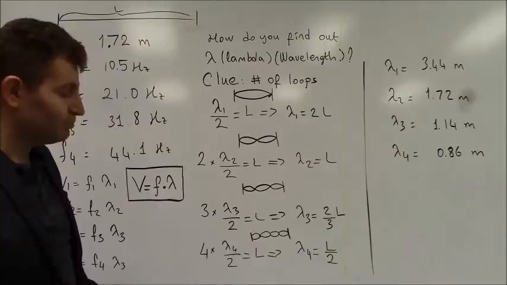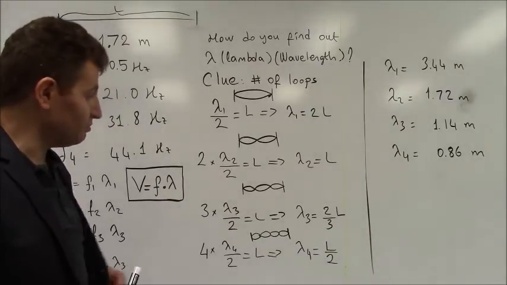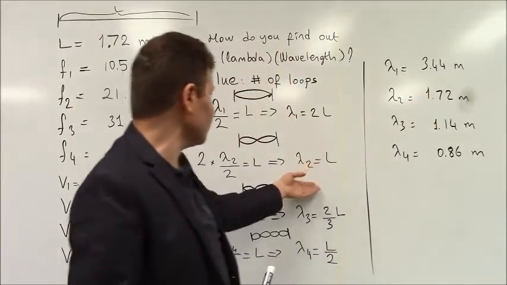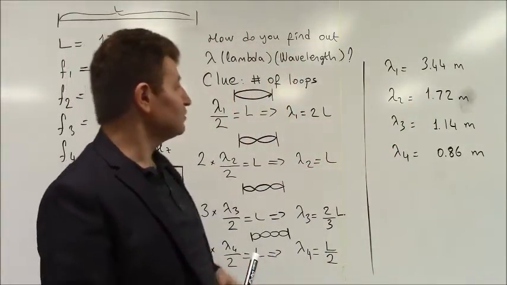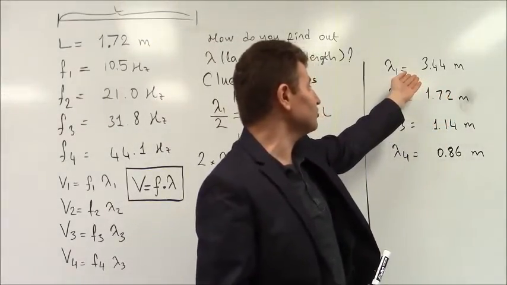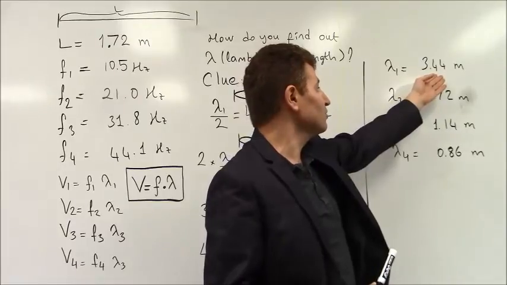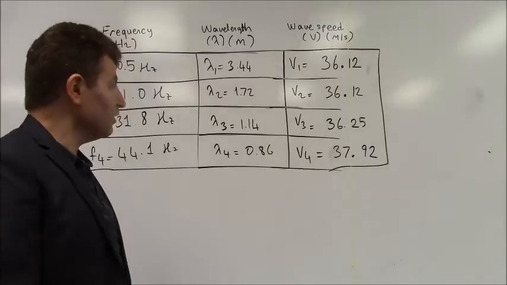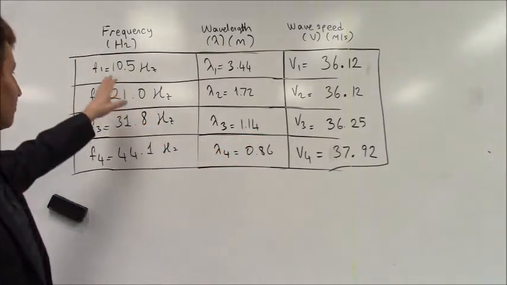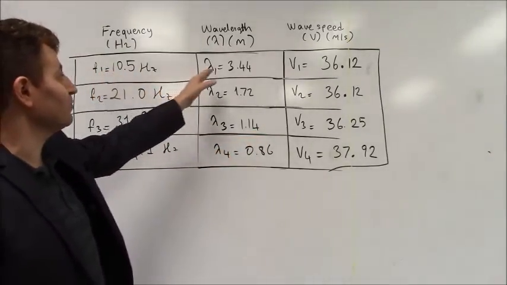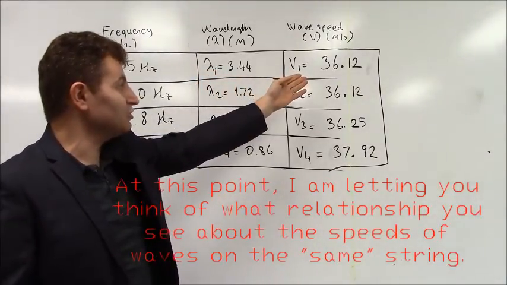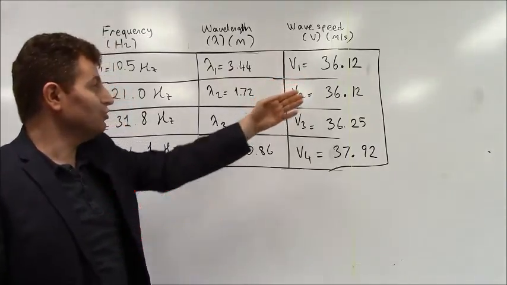In this example I already did the algebra for you, and I already calculated by using the length that I got from the string that lambda 1, the first wavelength, is going to be 3.44 meters. And now I'm completing all of my calculations, for the first frequency and the first wavelength, and found the wave speed as 36.12, and